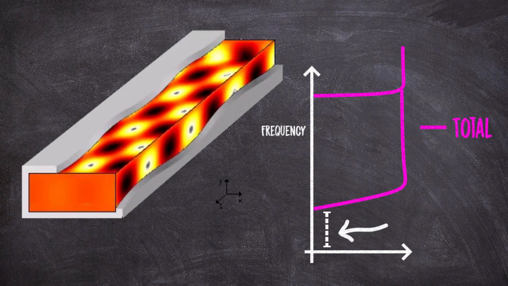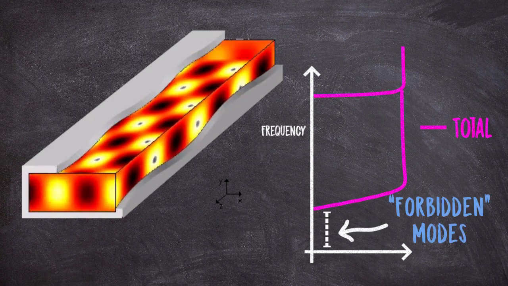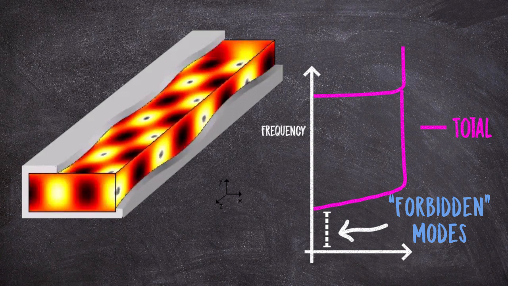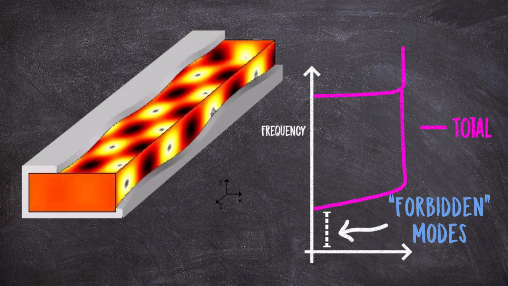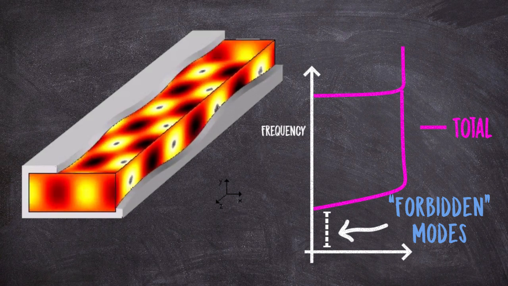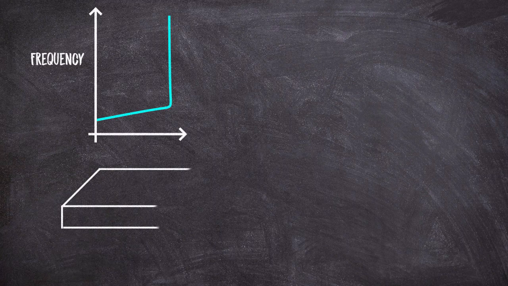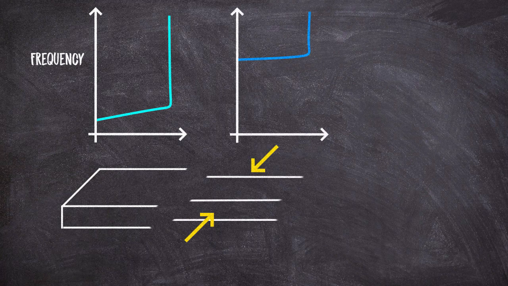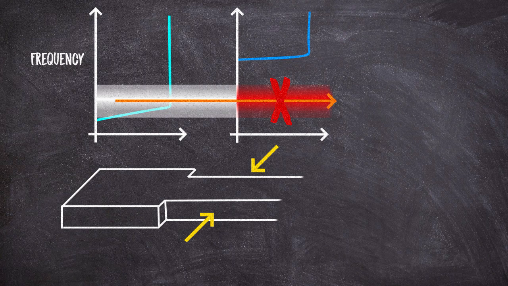Frequencies below the bottom edge of these bands, however, won't transmit and can't exist in the guide because they would require the transverse direction to take a shape that wouldn't fit the boundary. So hopefully that makes sense, and thus, given that waveguides have these bands with lower cutoffs, and the fact that these cutoffs depend on the width of the guide, what happens when you connect two waveguides where one is thinner than the other? Well, because the widths are different, it's then possible that a mode that is transmitting in a given band of the larger waveguide is going to be below the cutoff for the second, smaller waveguide.